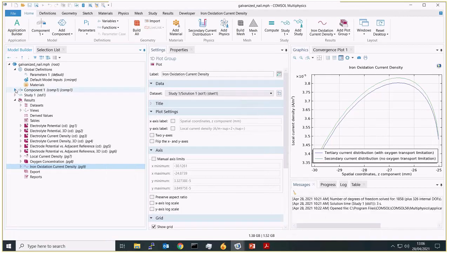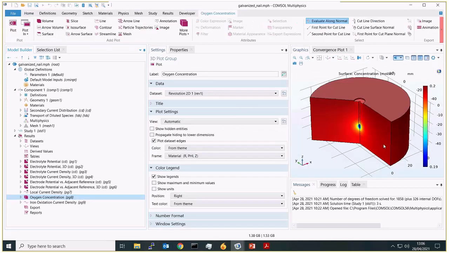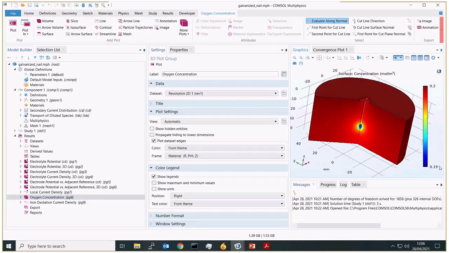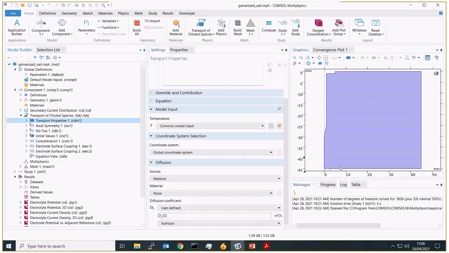So, you are correct in saying that there was very little change, but that's only because the oxygen concentration in our system didn't change very much. It only went from 0.2 to 0.19. The reasons for this could be that perhaps the diffusion coefficient we've used is relatively high, but also because it's on quite a small length scale, only a few centimeters.